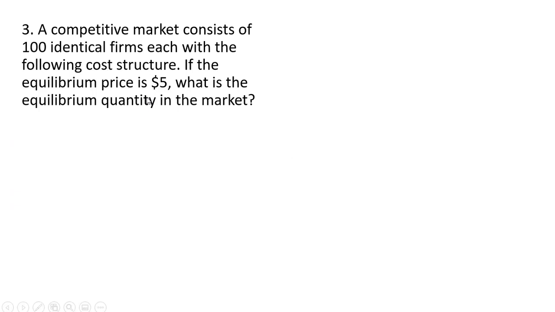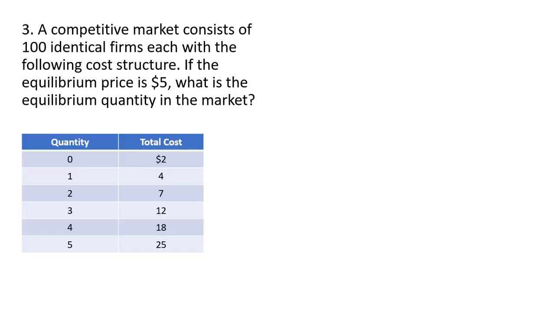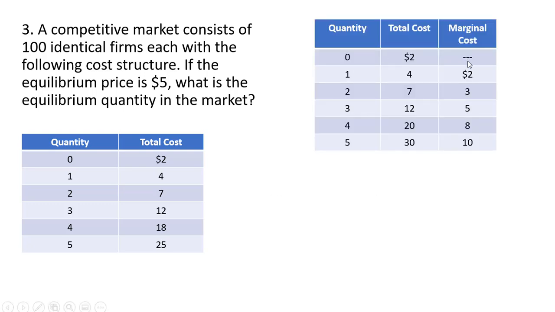Problem 3, a competitive market consists of 100 identical firms, each with the following cost structure. If the equilibrium price is $5, what is the equilibrium quantity in this market? So each firm has the following cost structure. First thing we're going to do, like the first problem, is to get marginal cost. So this table here now includes marginal cost, which is just a change in total cost from producing one more